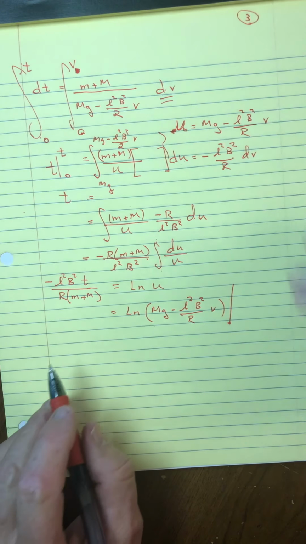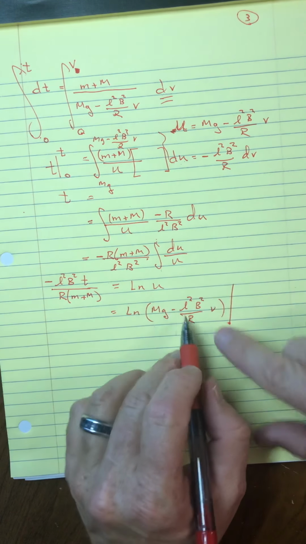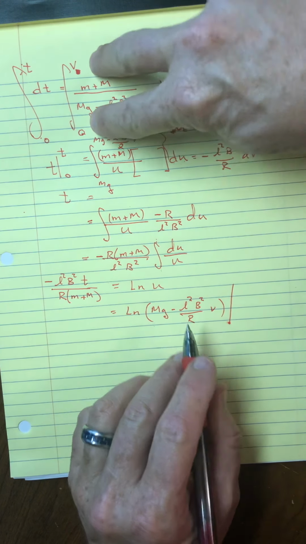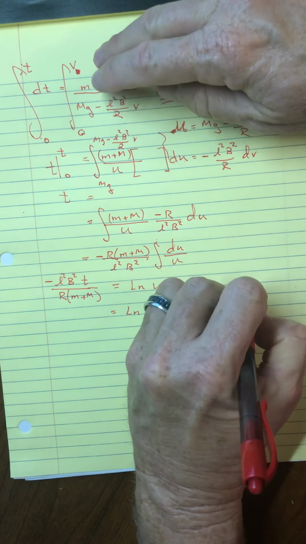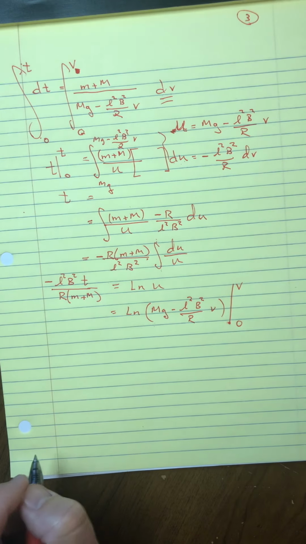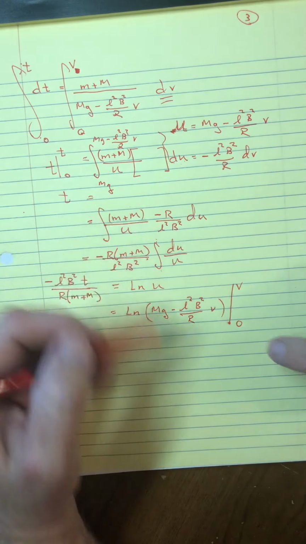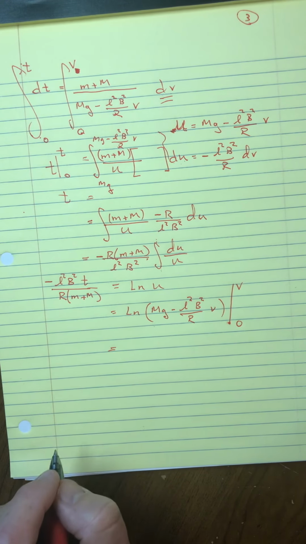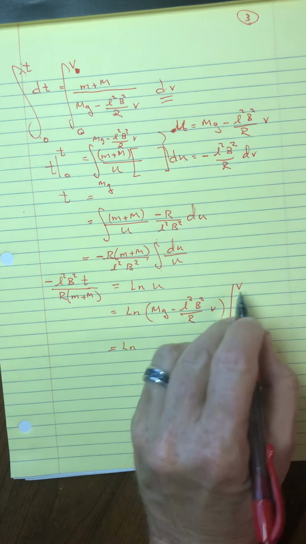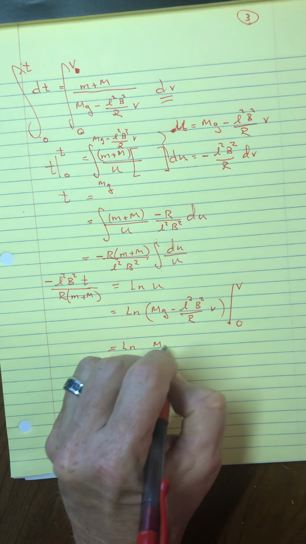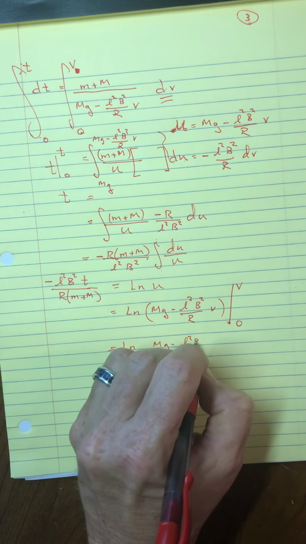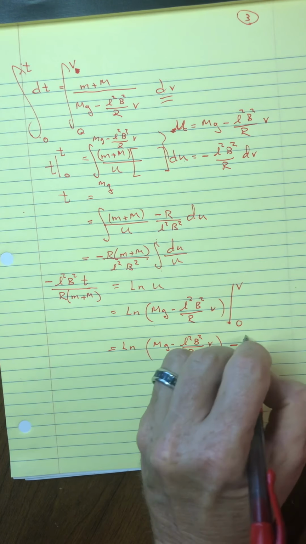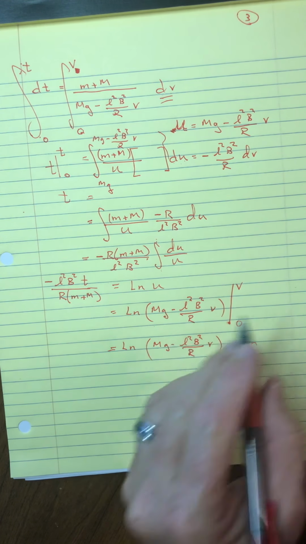But I find it easier to just go back to the v and put it in for the u, and go back to my limits of the u to a v. They're really essentially the same, so I guess it doesn't really matter which way you want to do it. So this would be ln, and if you put in a v, you get mg minus L squared B squared over RV, minus ln, and if you put in 0 speed, you get